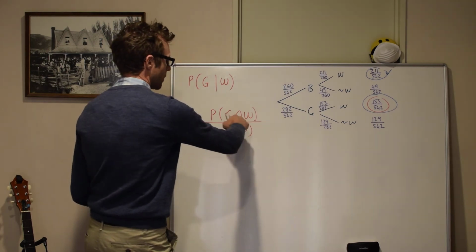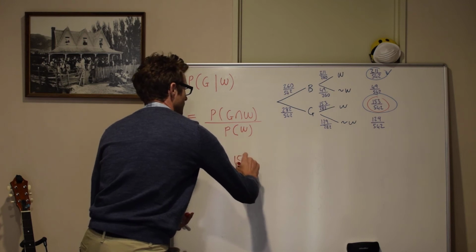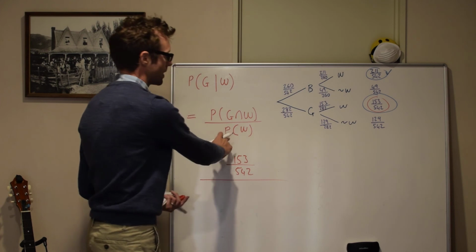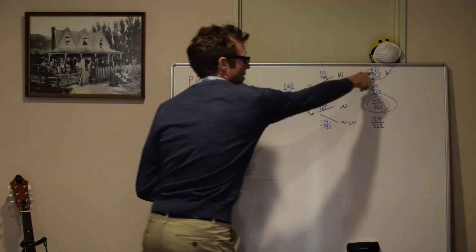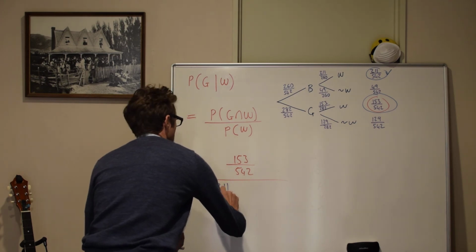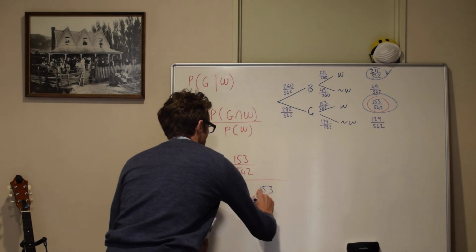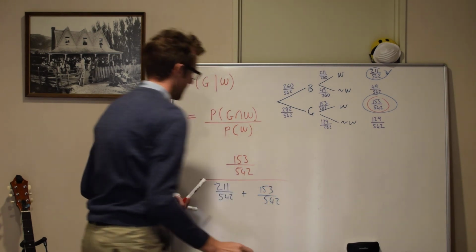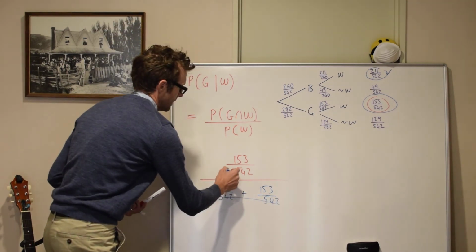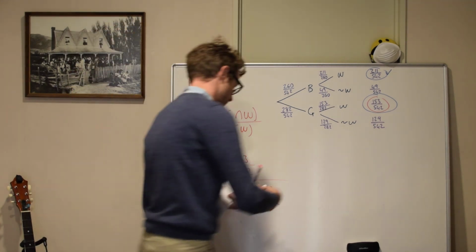So girl and walking is the red bit here. So I'm going to write 153 over 542. And that is going to be divided by the probability of walking, which is the two blue circles. So that's going to be 211 over 542 plus 153 over 542. Now, you'll notice that this denominator and this is going to be cancelled out. So our final answer is simply going to be